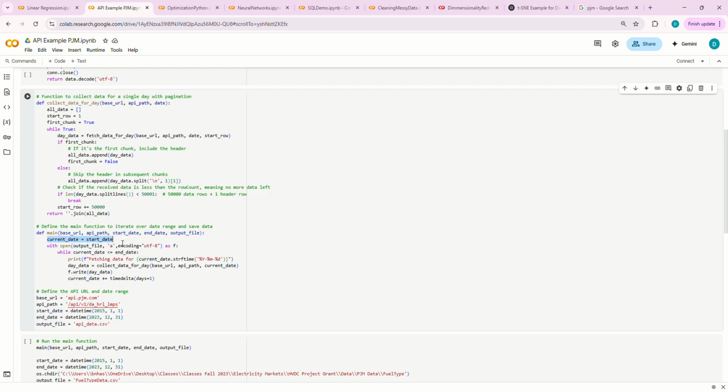It starts by saying the current date equals start date, and then with open the output file, it starts writing to it with current date less than end date. So it's iterating, increasing towards the end date. It says fetching data for current date. It collects data for a specific day. And the way it does that is it